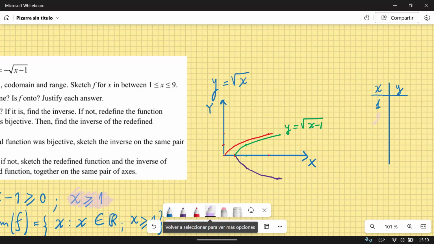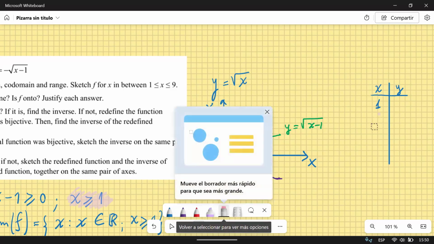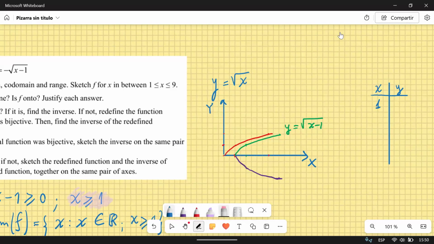Then when x is 2, I will change to the blue pen. When x is 2 and when x is 5. So when 1, 0; when 2, 2 minus 1 is 1, root of 1 is 1, negative root of 1 will be negative 1. And when 5, 5 minus 1 is 4, root of 4 is 2, negative 2. And when 9 minus 1, 8,